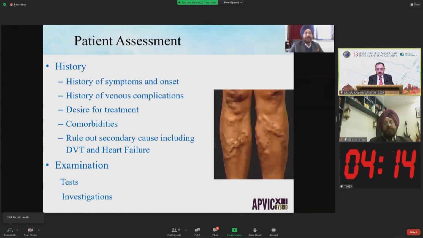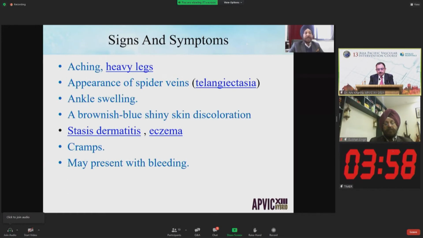Patient assessment: history of the symptoms and the onset of the disease, history of venous complications, desire for treatment, comorbidities, and rule out secondary causes including DVT. Coming to the examination, signs and symptoms: aching and heavy legs, appearance of spider veins, ankle swelling, a brownish blue shiny skin discoloration, which leads to